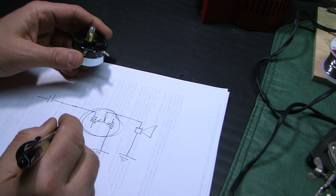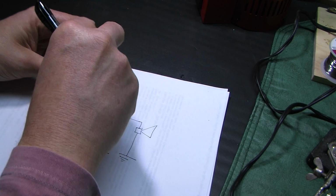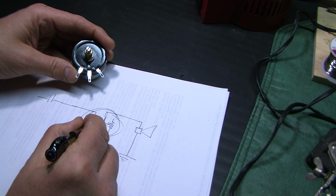It's an 8 ohm L pad, because no matter where you would turn this knob, and no matter where these